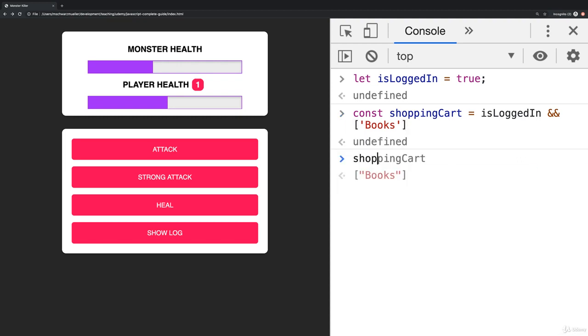If we run this, you see now shopping cart indeed is that array with the books in it, because is logged in is true. And as I said, if that's the case, then the double ampersand, so the AND operator, will have a look at this, then have a look at the second value, and if both are true, it will return the second one. And an array, no matter if it's empty or not, always is treated as a true value,